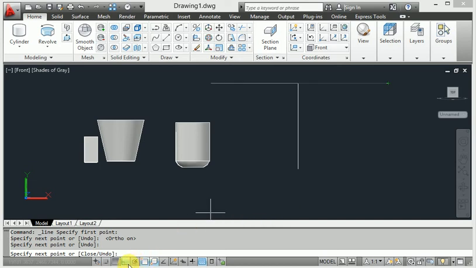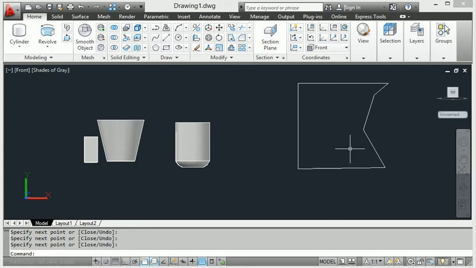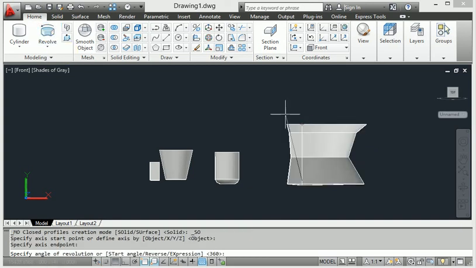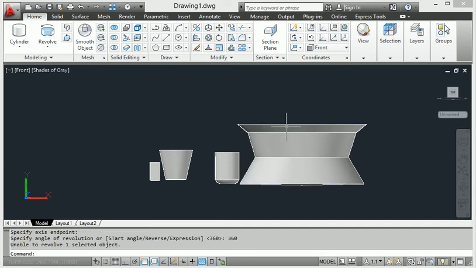I want to convert it with revolve, 3D revolve. So first of all select this whole component, the whole sketch, then go to the revolve command, then select this point and also select this point, and look at this, I want 360 degrees, so click 360 degrees.